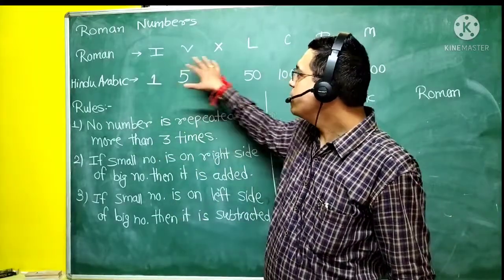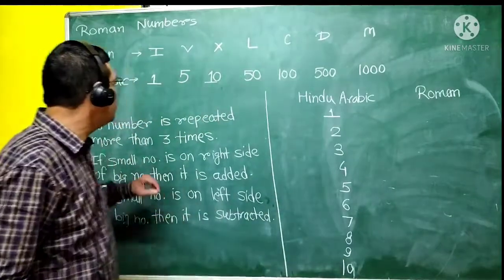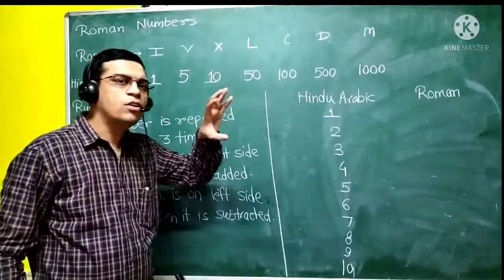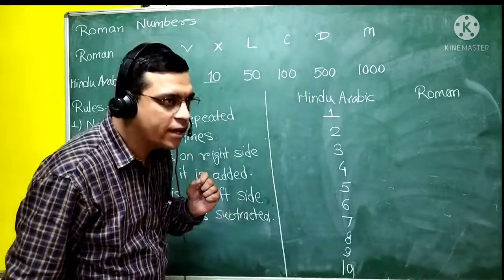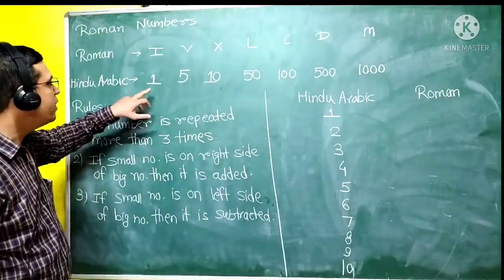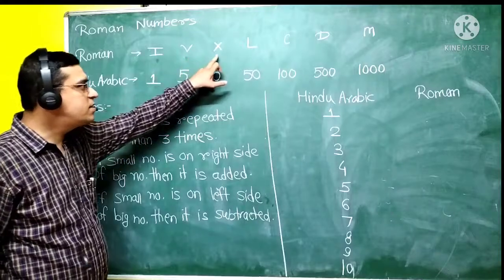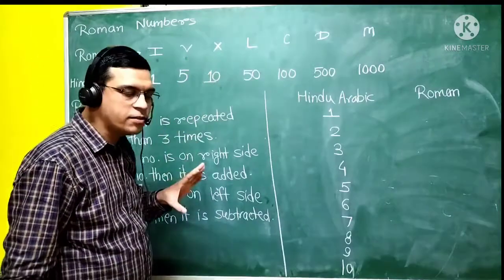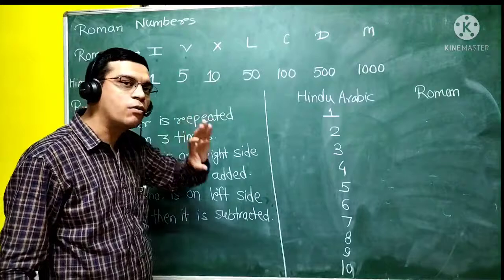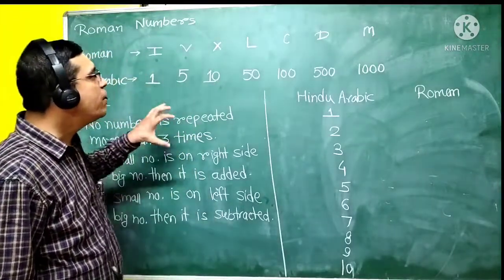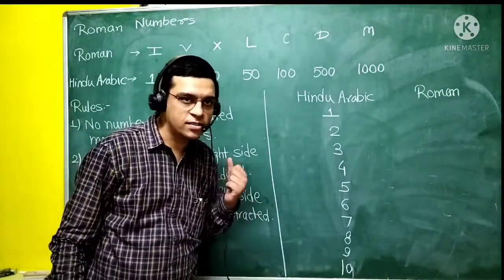Okay, so these are certain Roman numbers. So you have studied this in your previous classes also. Even class 1, 2 के बच्चों को भी छोटा छोटा रोमन नंबर बताया जाता है. So you know that this is 1, this is 5, this is 10. इतना तो आपको पता है. मैं ये assume करके चल रहा हूं कि 1, 5 and 10 you know how to write. Okay, but we have to study a little more Roman numbers as we are in higher classes now.